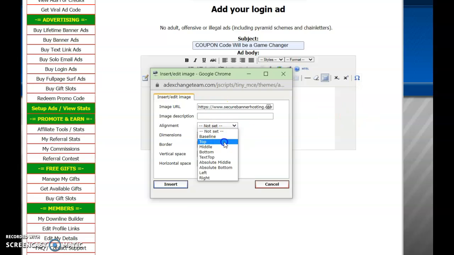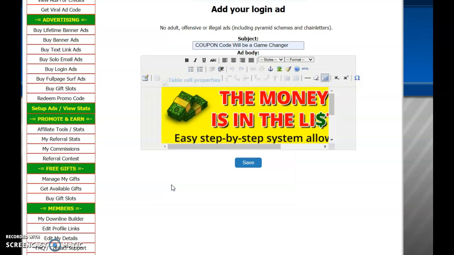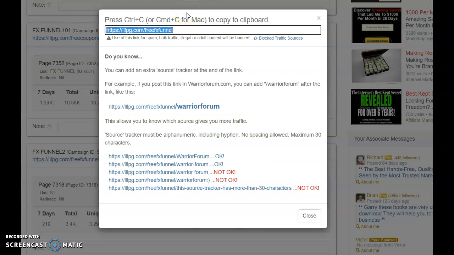Set alignment to top. Dimension 600 by 300. Set the border to 0. And click insert. Now you'll need to link your URL affiliate link to this. So get your link, affiliate URL, copy it,